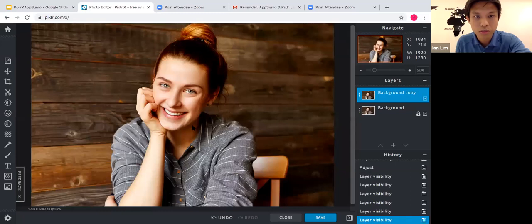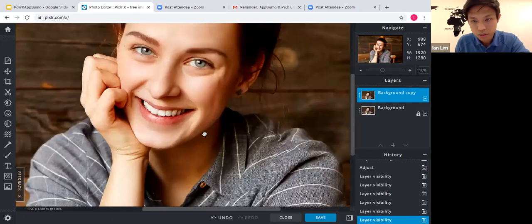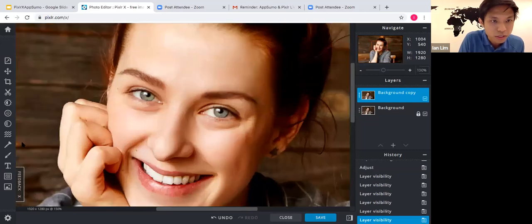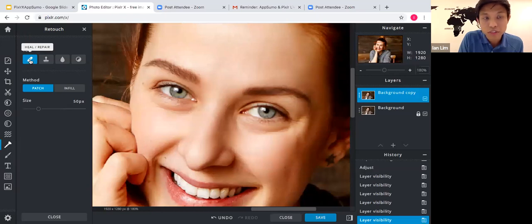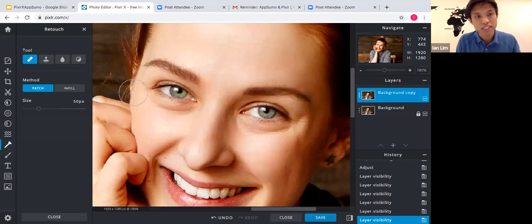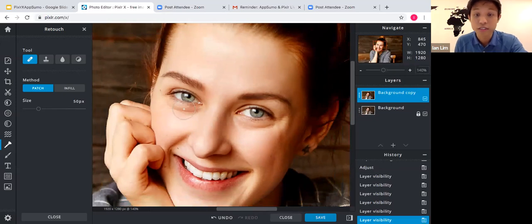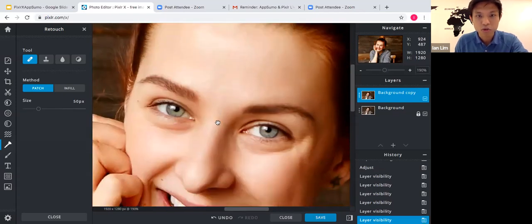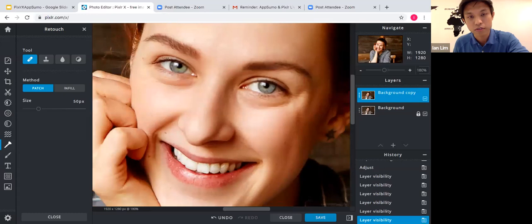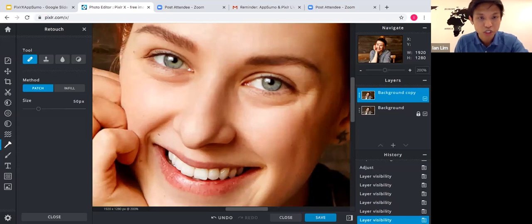Now let's go in and do some simple retouches, specifically the heal tool. The heal tool is under retouch, and it will be the first tool that you see in the panel. And this is a very common tool for retouching images if you want to remove anything like scars and blemishes, minor bumps on skin, etc. But for this model, she has beautiful skin definitely, and I generally would not remove anything like freckles and moles, because I think that's a defining feature of someone. So just for the sake of demonstration,